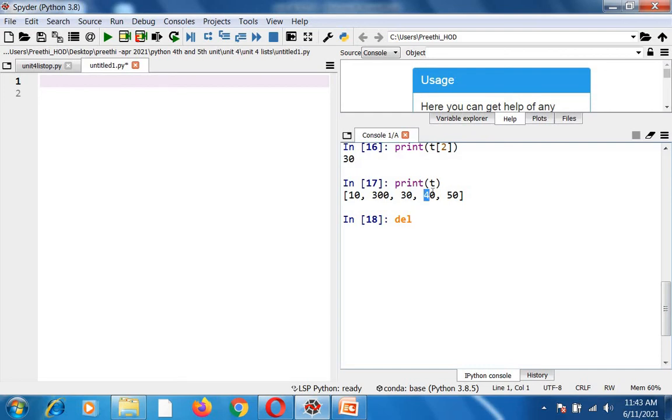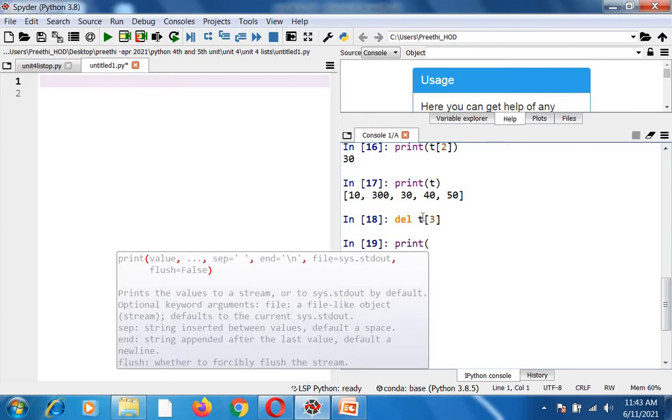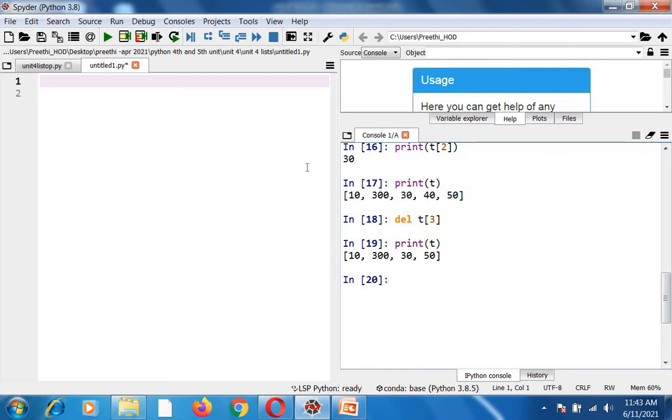What is the index for 40? It is 0, 1, 2, 3. So it is del t of 3, which will delete the element 40 from the list. Now if I print this t, I'll get only 10, 300, 30 and 50. This is how you can remove an element from the list.